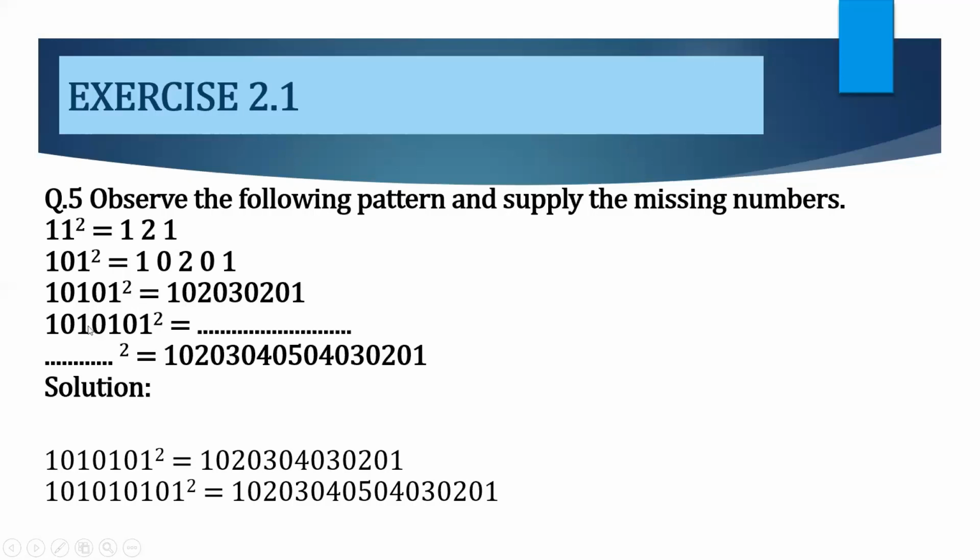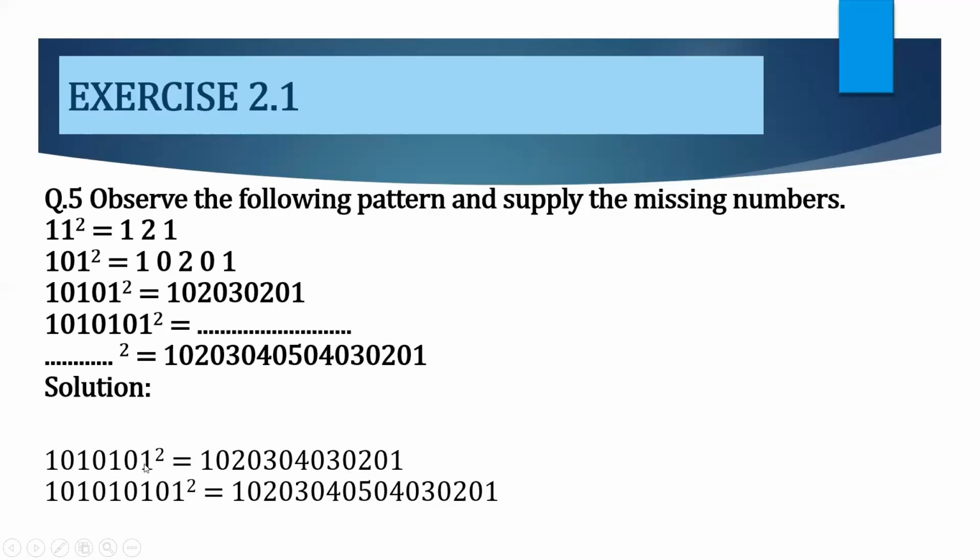So for this 1010101 square, we will have 4 in the center, then zeros, then 3s, then again zeros, then again 2s, then again zeros, and again 1. So this will be the square of this number